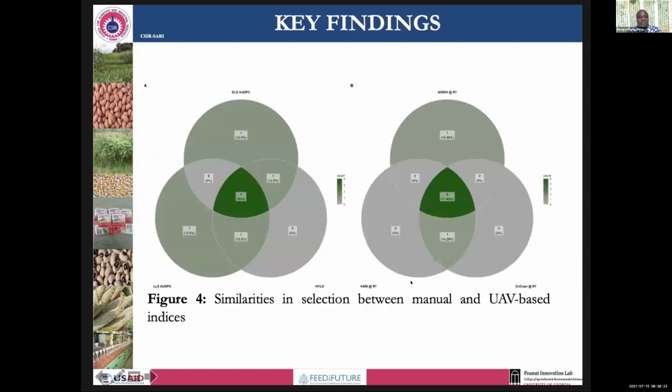So as a breeding program, we decided that, okay, if we are to replace our conventional phenotyping with the indices from the UAV, how does it compare when it comes to selection of our best genotypes? So we built an index with the early leaf spot scores, late leaf spot scores, and then also the haulm yield on one side for the conventional, and then also built another index for the NGRDI, and then the VARI, and then the canopy cover. Since the data showed that these relationships were better at the R7 stage, we used data at the R7 stage